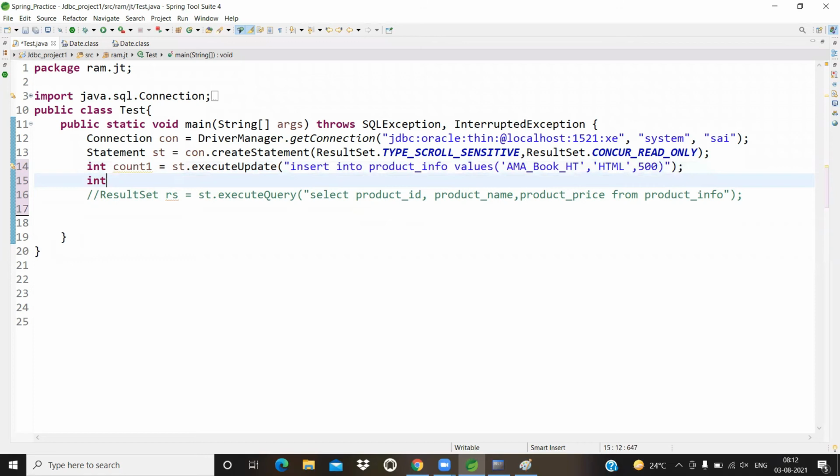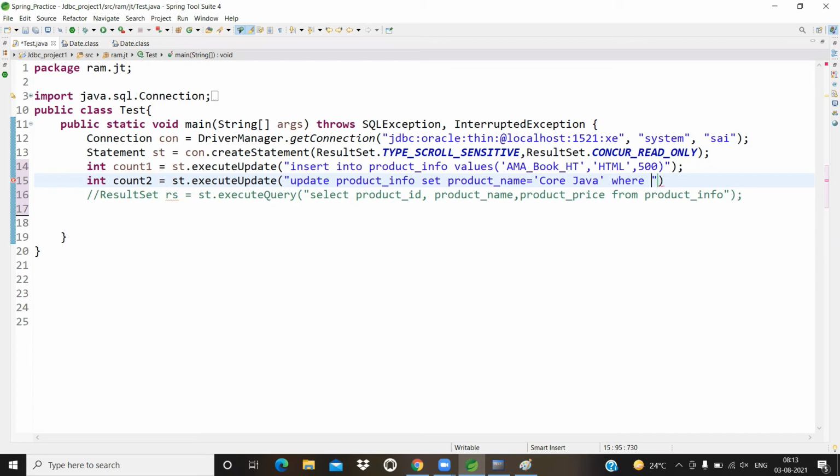int count2 = st.executeUpdate, update product_info set product_name equal to core Java where product_price equal to 1000.